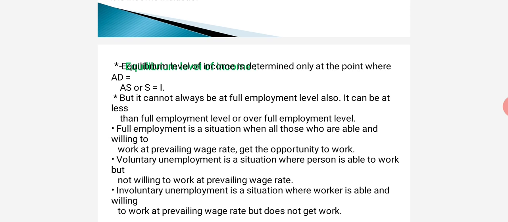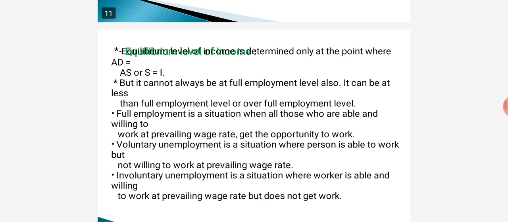No need to think here and there. Simply remember, the economy will be in equilibrium when savings are equal to investment, according to J.M. Keynes. It is not always that savings are equal to investment, so it can vary here and there. What happens when savings are more than investment, or when savings are less than investment? Variations happen in the equilibrium, and according to J.M. Keynes, these are automatically corrected by the market forces.